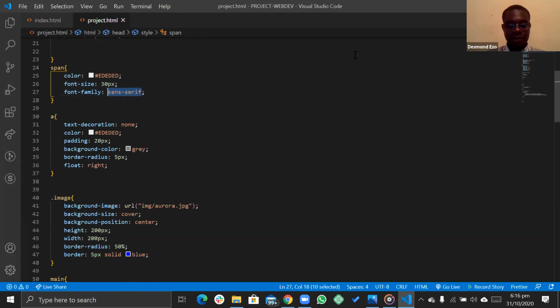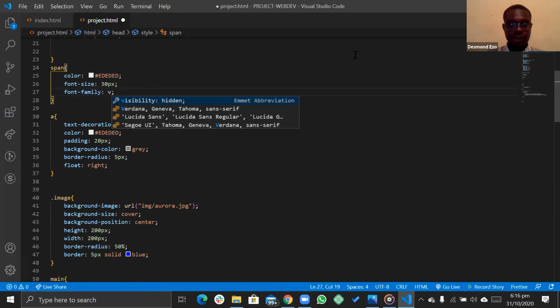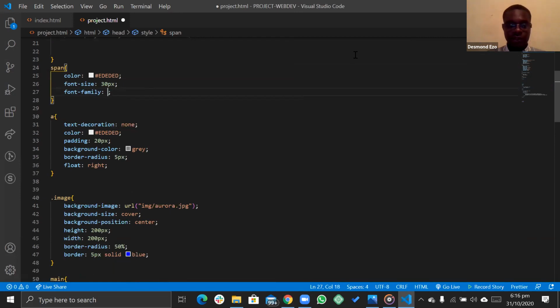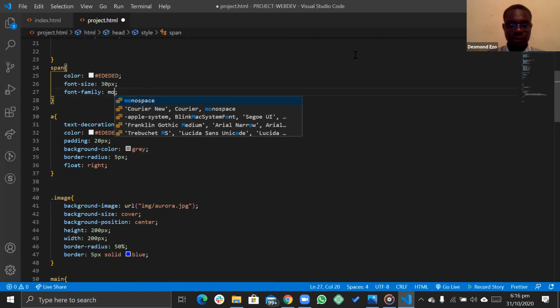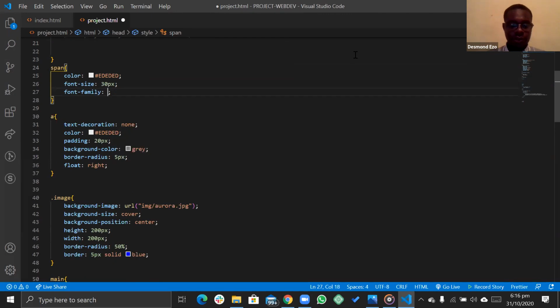So let's see another font that we can use. So let's see if Montserrat is available. Montserrat. Nope. Let's see Helvetica. Arial, Helvetica. Helvetica is available.